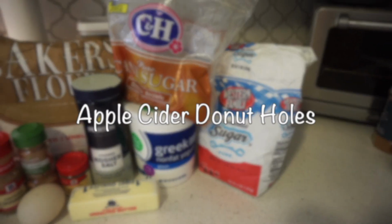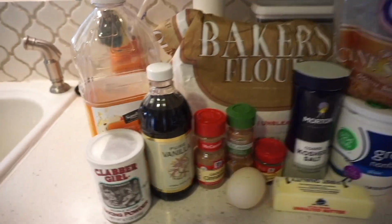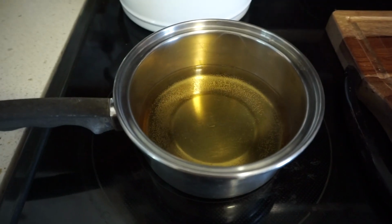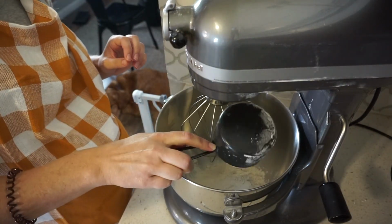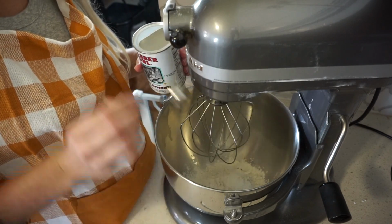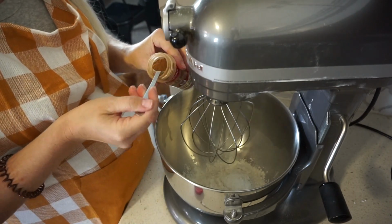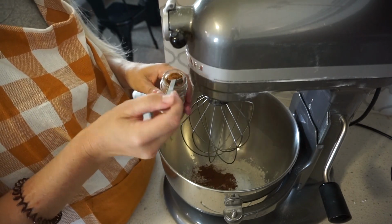Alrighty, moving on to recipe number 2, baked apple cider donut holes. So for this recipe, I've already got the apple cider going because you have to cook it down from 1 cup to 1/2 cup. I'm just going to go through the ingredients on this one really quick and tell you everything you're going to need. You're going to need 1 cup of apple cider, which you will cook down on the stove like I just said, to 1/2 cup, 1 1/2 cups of flour,